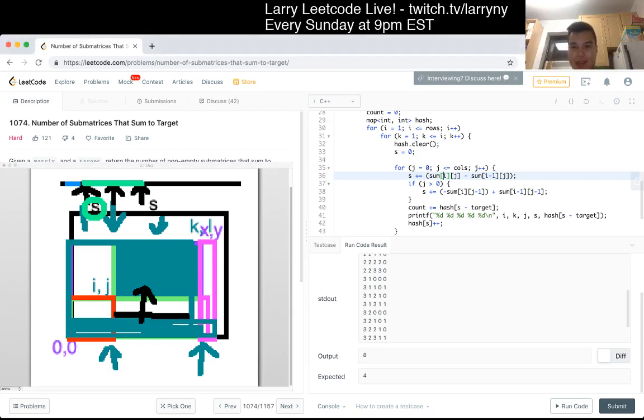Okay, so that's just one row. And then for given j,